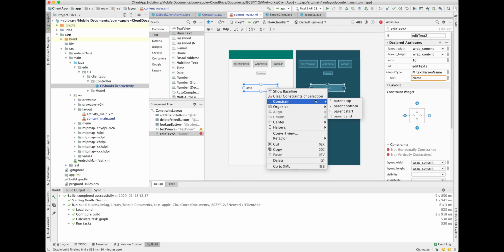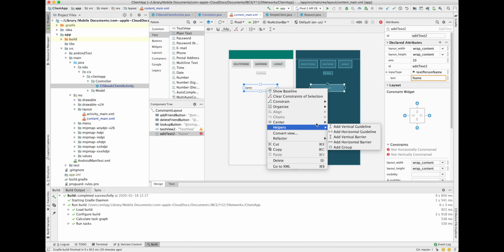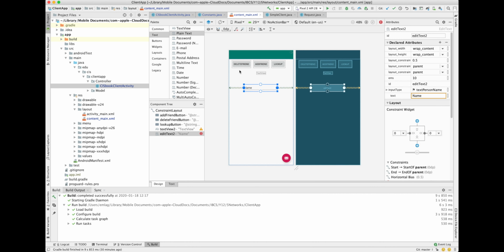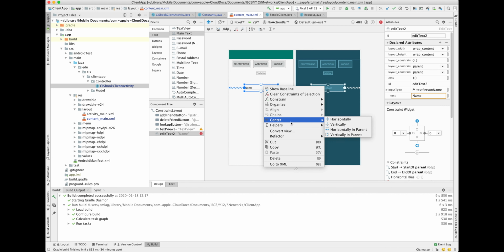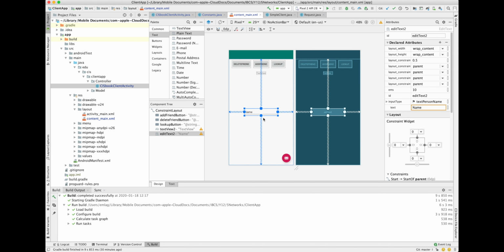horizontally as well. First, we could do, say, either parent top or just the normal horizontal vertical constraint. I'm going to put it right in the middle of the screen. So I'm going to do vertically in parent. If I didn't do in parent, it's going to pick the closest element. And that's not quite what I want. So I want to center it within the parent as opposed to center it from the bottom to the next